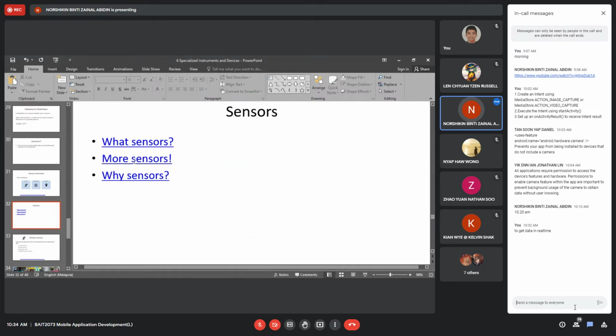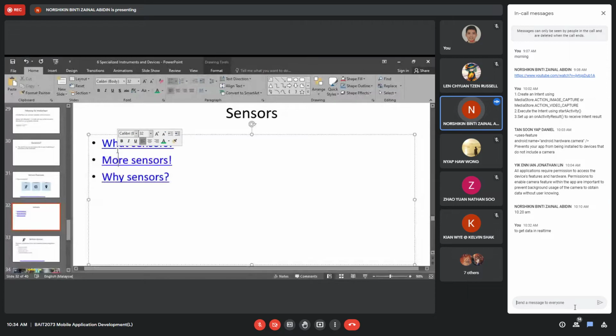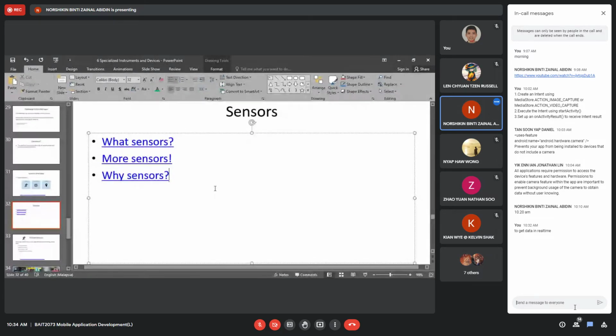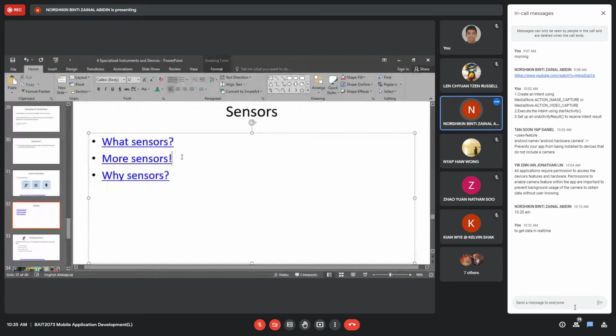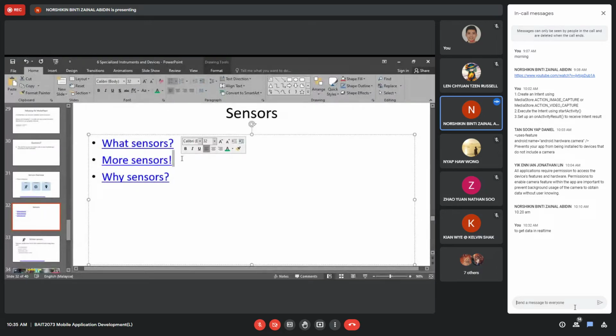So sensor, why sensor? Like I said, sensor is basically an electronic device that we use to get data. Data is the input. And then more sensor. Sometimes for certain applications, for example the robot vacuum cleaner, they have more than one sensor, different types or different functions of sensor.